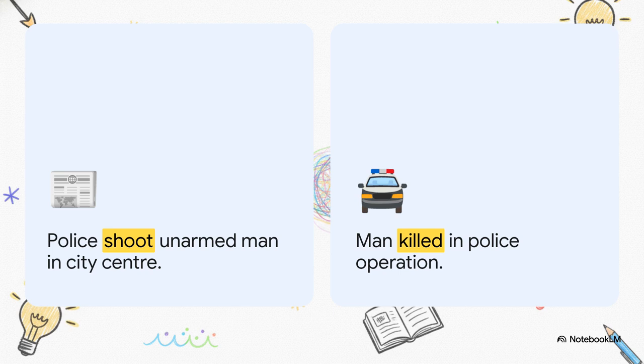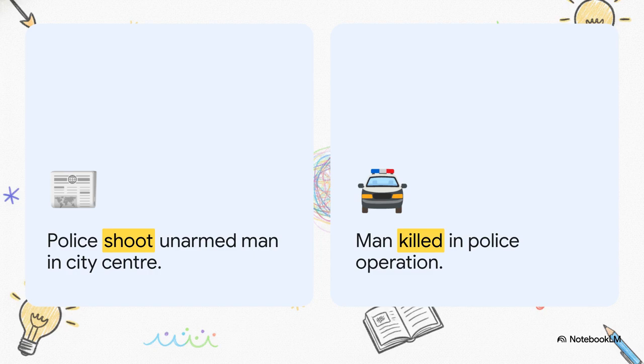Headline A uses the active voice. "Police shoot unarmed man." The police are the active agents doing the action. But headline B uses the passive voice. "Man killed in police operation." Notice how the active agent has been entirely deleted from the grammar? And the word operation frames the event as an institutional procedure rather than an act of violence. We're not taking political sides here at all. We are simply observing how a basic grammatical choice, active versus passive, completely alters the social reality that gets presented